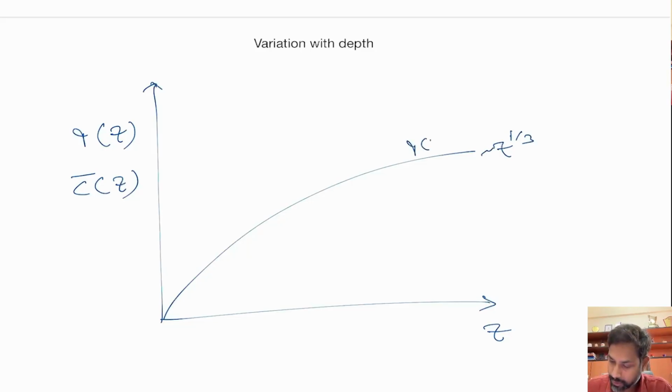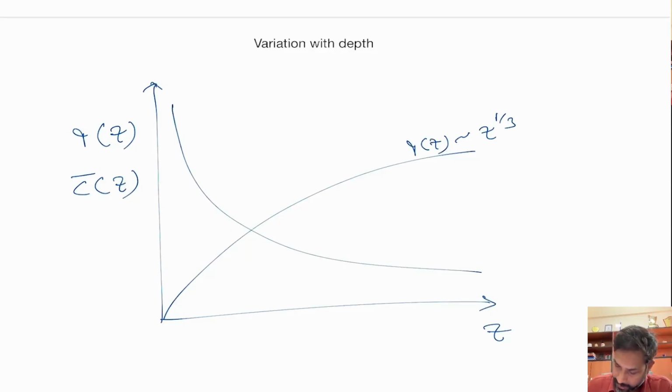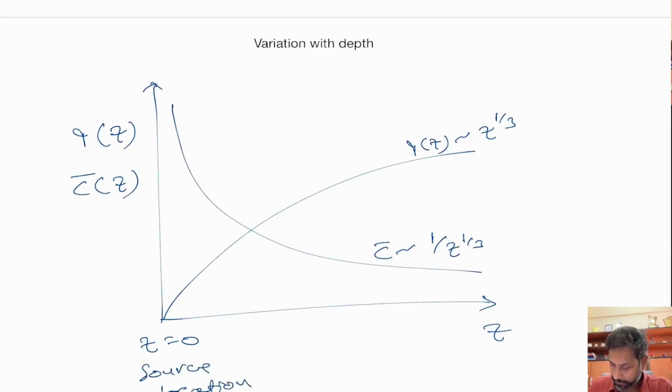This is Q of z, and your C bar decreases with z to the power 1 by 3. Okay, where you can consider this to be z, that is the source location. So this volume flux, as we discussed, is continuously increasing with distance from the source, and mean concentration is decreasing,